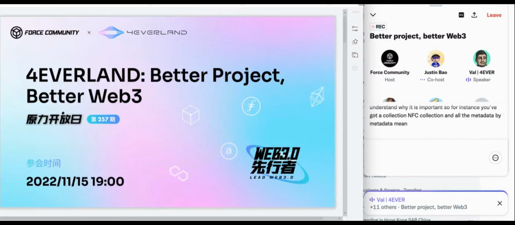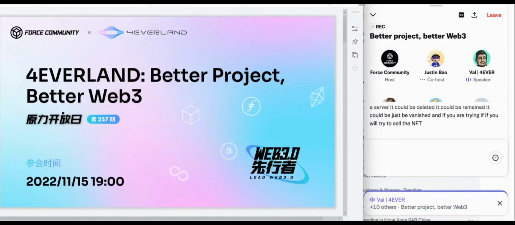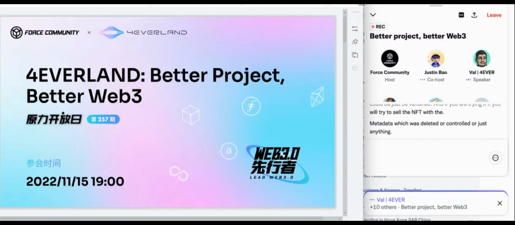By metadata, I mean you've got an NFT, and it works like a box with some content. This content is called metadata. If this metadata is stored on a centralized server, it could be deleted, it could be changed, it could just vanish. And if you try to sell an NFT with metadata which was deleted or controlled,